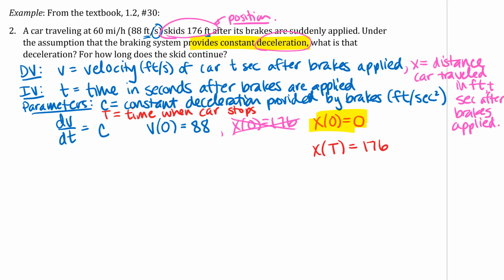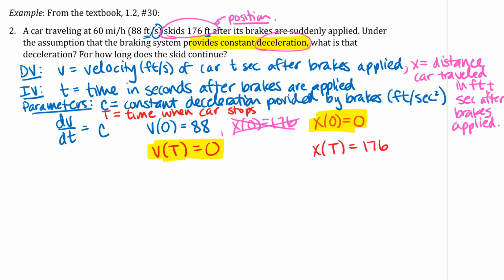The other hidden value in this problem that's going to be useful is that when I think about what is going on with position when the car stops, I also know something about what's going on with velocity when the car stops. So at that time when the car stops, the velocity of the car would be 0. So there's another hidden condition in the problem there. Alright, so now I've got my differential equation, I've got my initial conditions, and then these other ending conditions, sometimes called boundary conditions, written down, and then we can go ahead and solve the differential equation